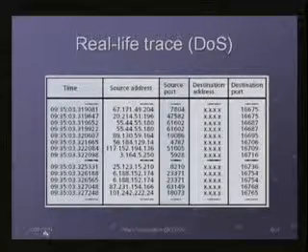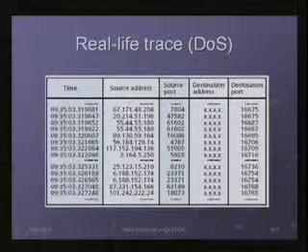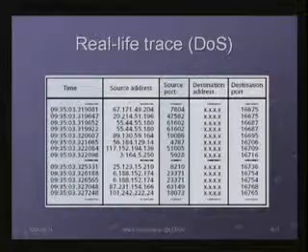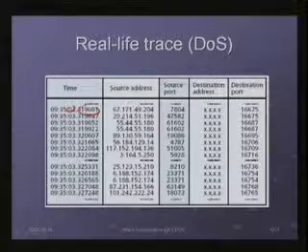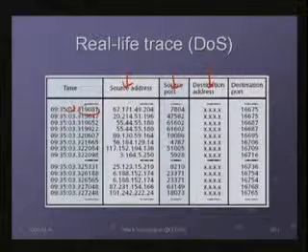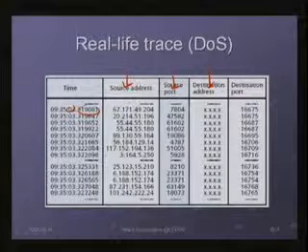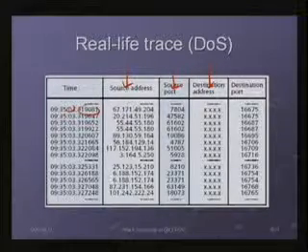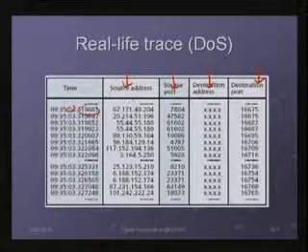You can see that this is a time, 9:35 a.m., and this is the second, and this is the microsecond. The source address is here, and the source port is here, and this is the destination address. We sanitized the destination address in order to not reveal the identity of the victim here. And you can see the destination port. If you see the three values we mentioned earlier, this one,